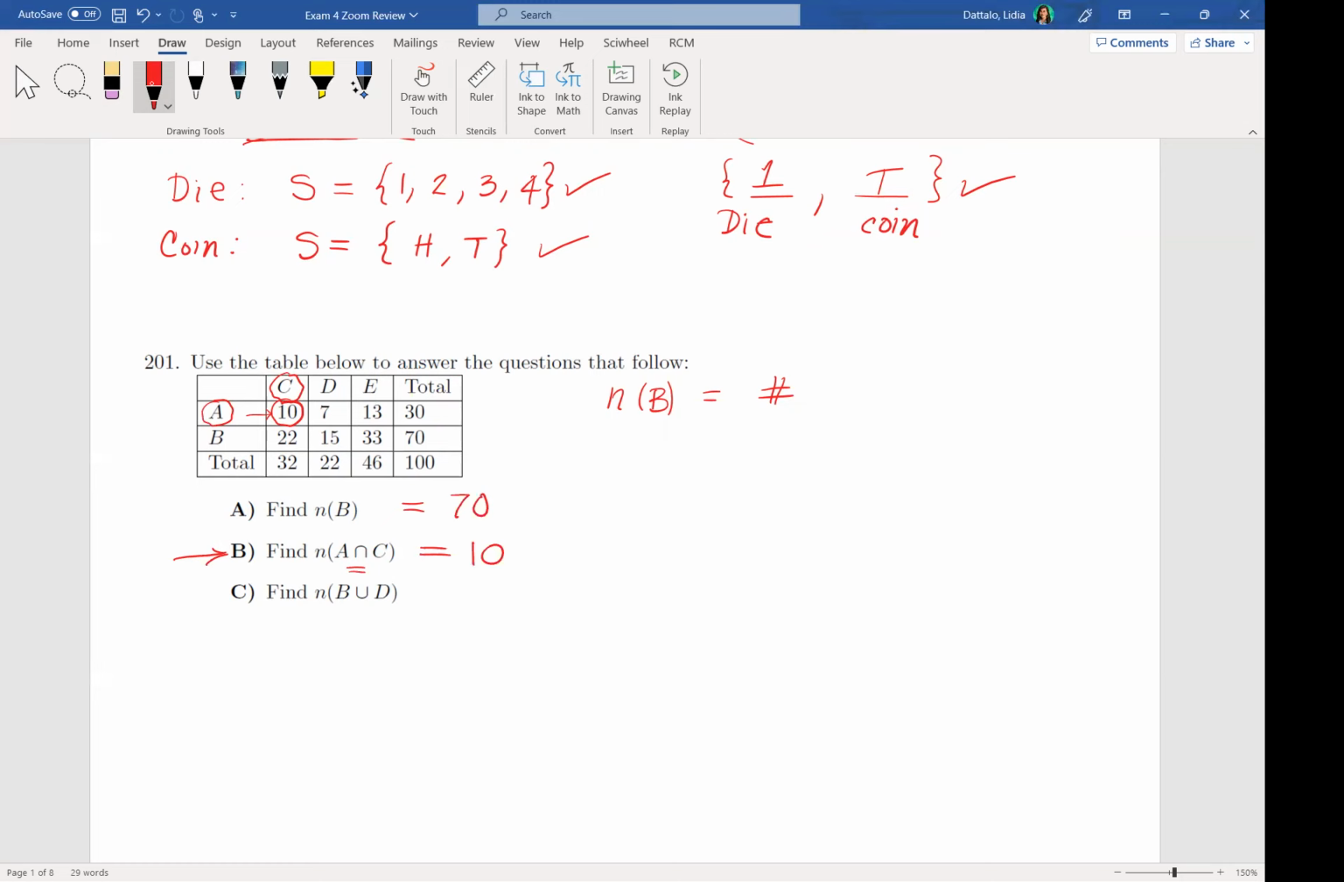Now the next one is the number of B union with D. There's a formula that we can write that says B or D in this case would be the number of B plus the number of D. But then we want to subtract the intersection of these two so we don't double count. So the number of B and D. So let's look at, we already figured out what the number of B is. So that would be